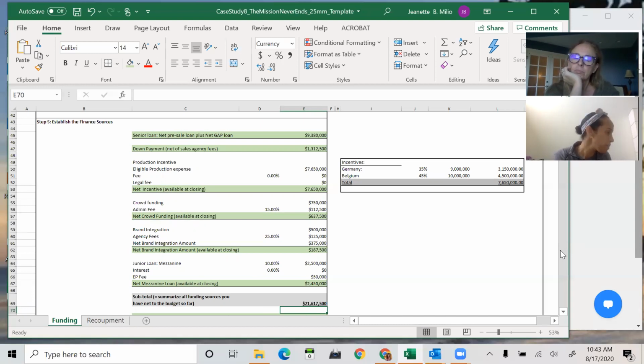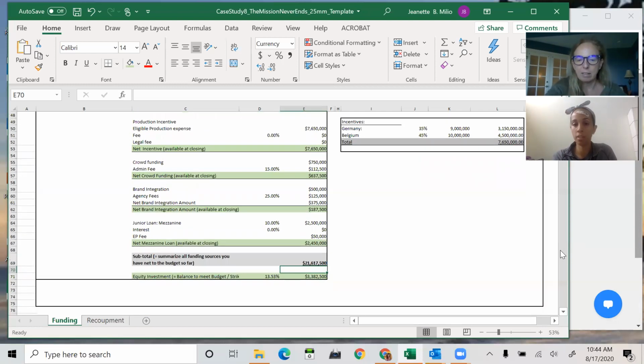You would compare that to the amount needed to cover all of the budget, right? Yes, simply. You got 21 million, you need 25 million. So how much equity do I need? Roughly a little bit under 4 million. Exactly. This is the equity we have, and it's basically just the budget, 25 million minus 21. That's all it is. I'm going to walk you through this again so we have it.